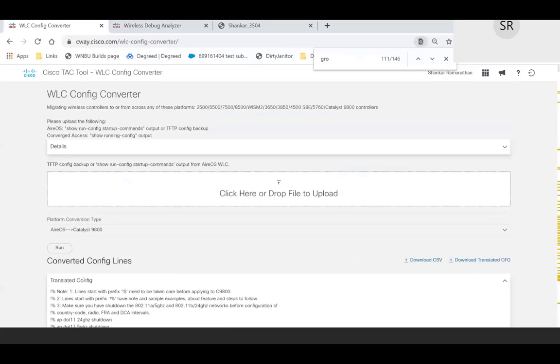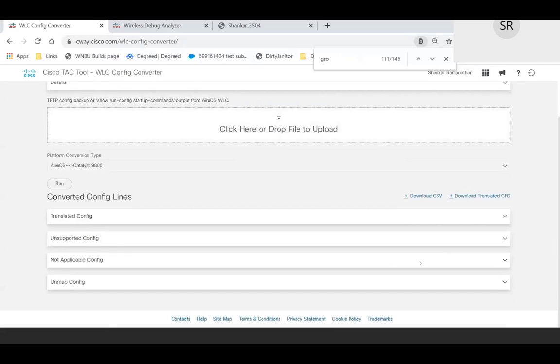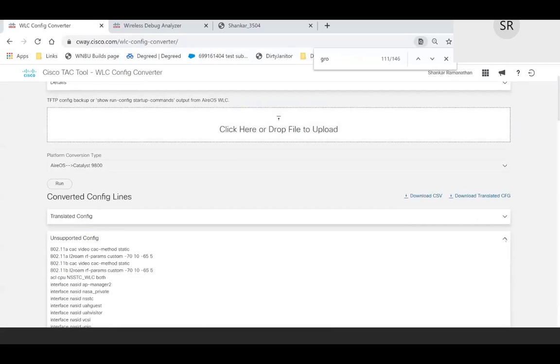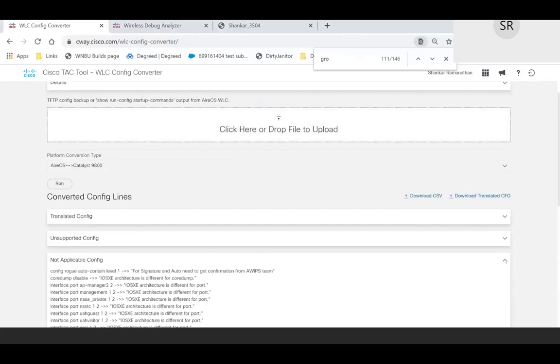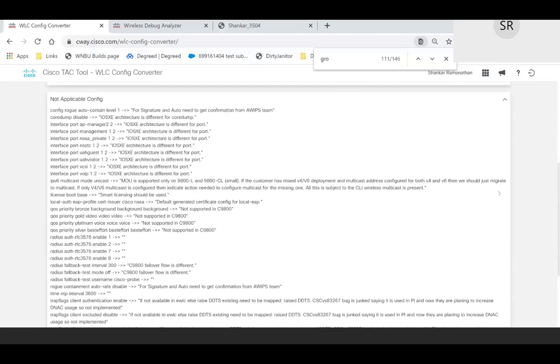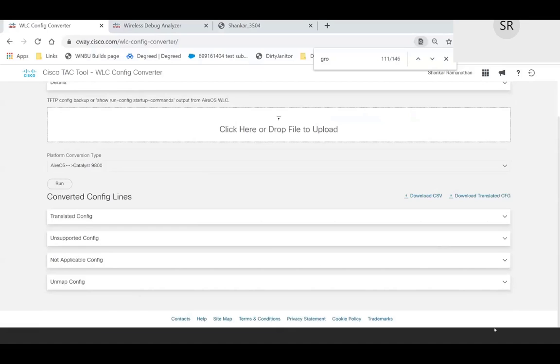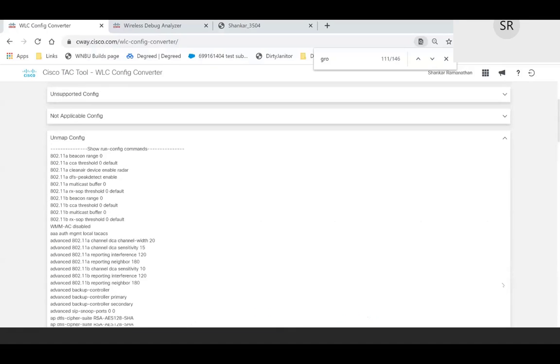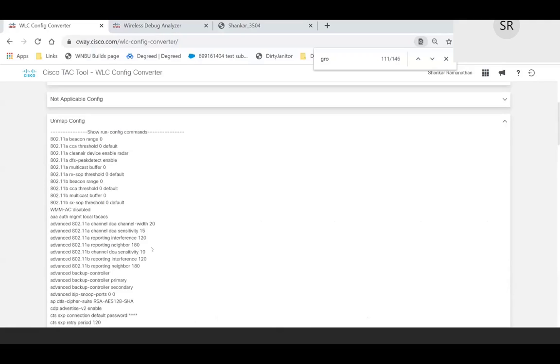Let me collapse this out. Once you're done with translated, you can also view the unsupported config, which is what is not going to be supported on the 9800, or what commands are not going to be brought in. These are layer 2 roam parameters, like old CCX version commands, which are not supported on the 9800, so not applicable config. There might be a port dependency or AireOS-specific dependency here. And unmapped config is basically telling you that these are commands that are supported, but we don't have a